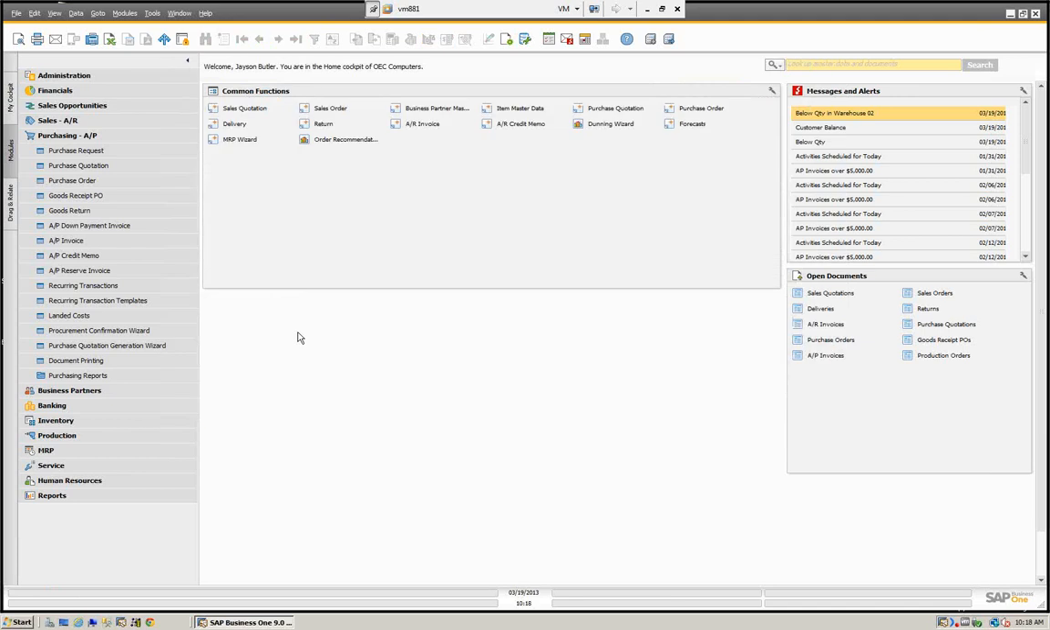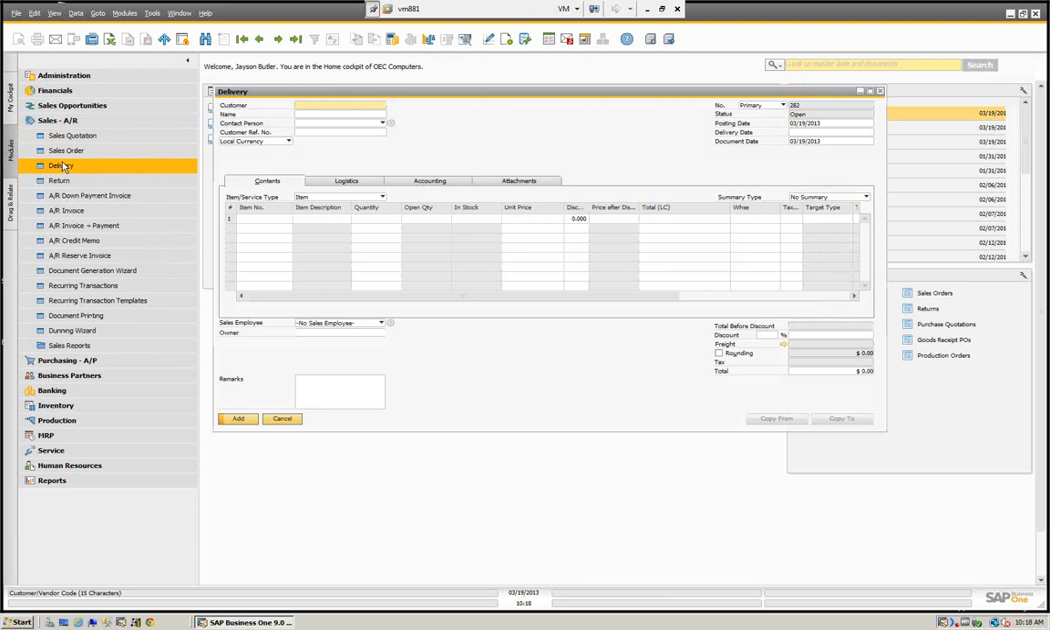Right. Now let's look at the sales side. Again, it's going to be the same type of effect on the sales side. So let's go to sales and AR, and let's go directly to a delivery. And let's do the same thing. Let's create a delivery for the regular warehouse and see what happens,